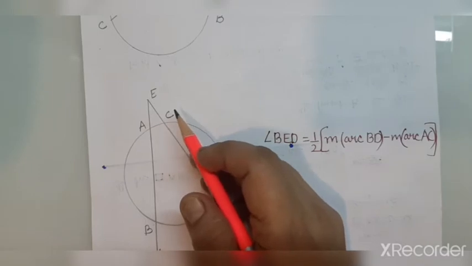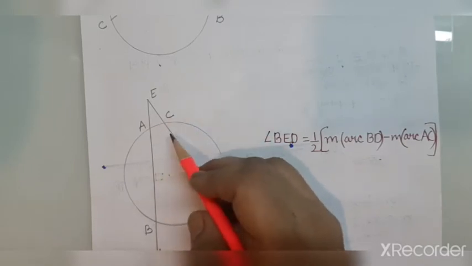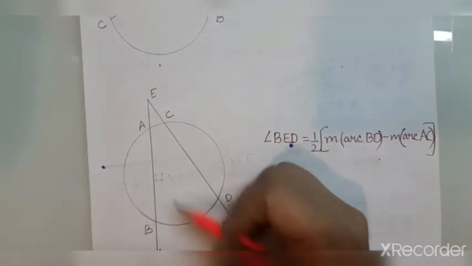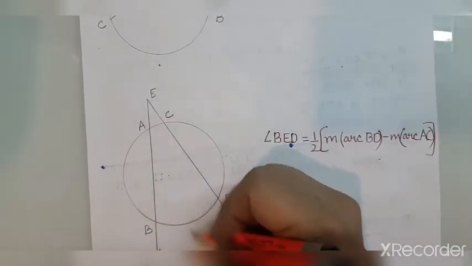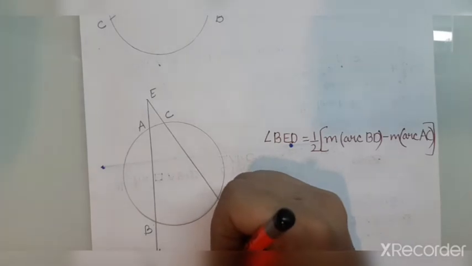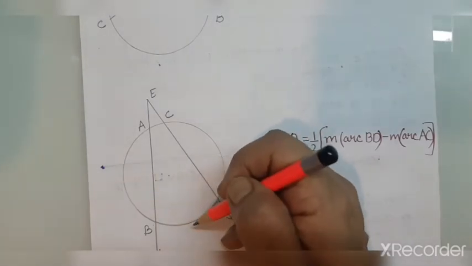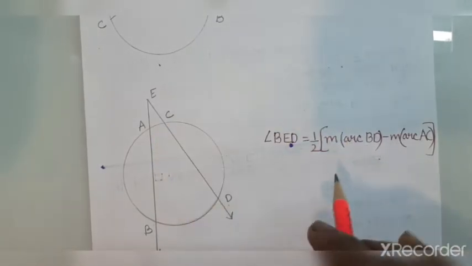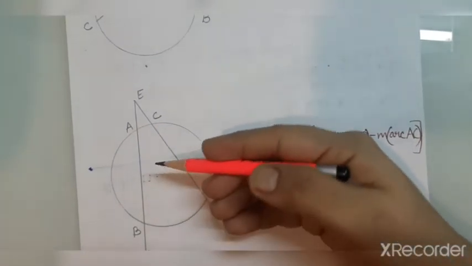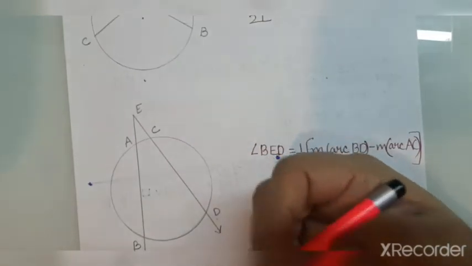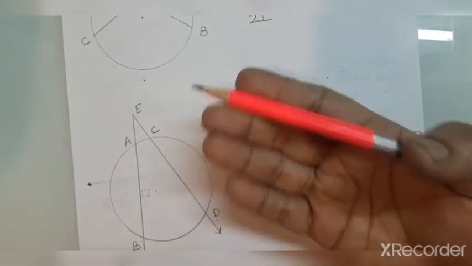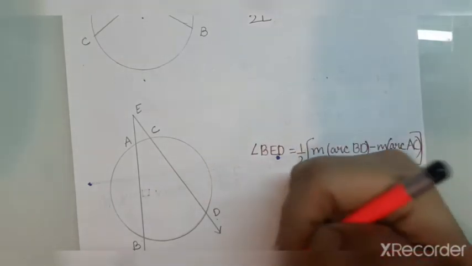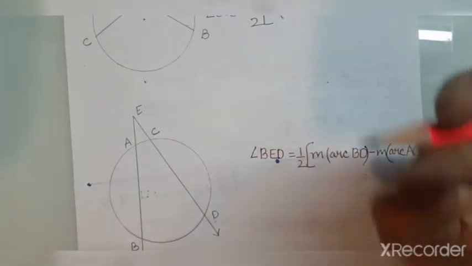Now there is no sum. It is the difference. What does difference mean? Subtraction. When we are talking about subtraction, we have to subtract these intercepted arcs. Clear? So when we take the difference, subtraction of BD minus AC has to be written. And this is the case when the lines which contain these chords are intersecting externally.